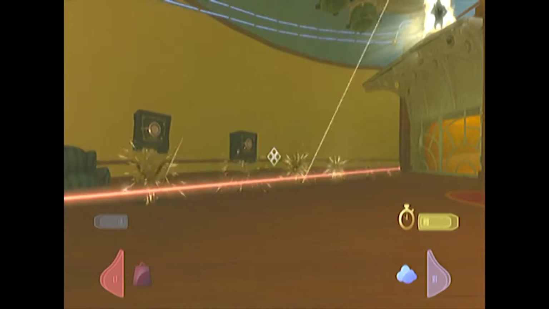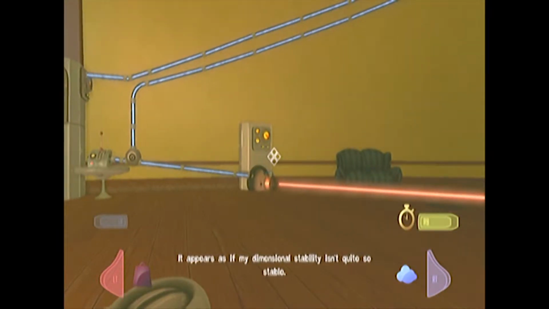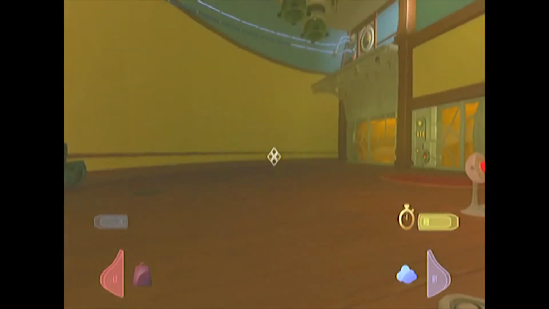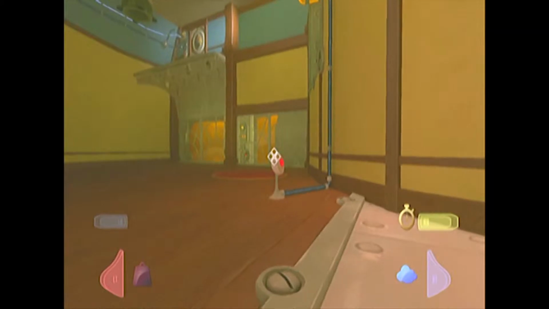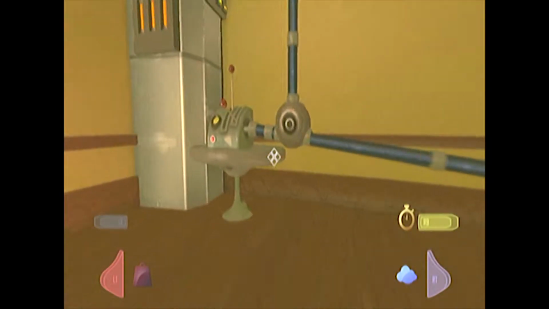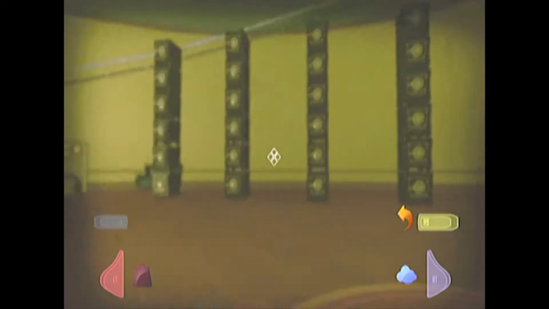I'll talk about that later, though. So what you need to do here is, first off, my dimensional stability isn't quite so stable. That button over there summons a bunch of safes. It's a giant stack of safes that comes down. And then this lever activates a laser. What you want to do is hit the laser, go into slow down, and then you want